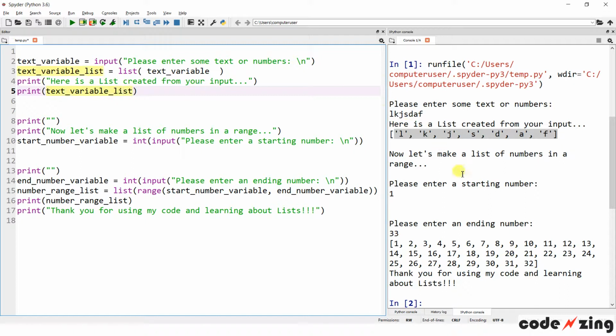So we printed out the list I created, and the new list that I made here. Kind of cool. Now let's make a list of numbers. So our starting number is "Please input a starting number," and then again the new line shortcut there, and then around that is the integer